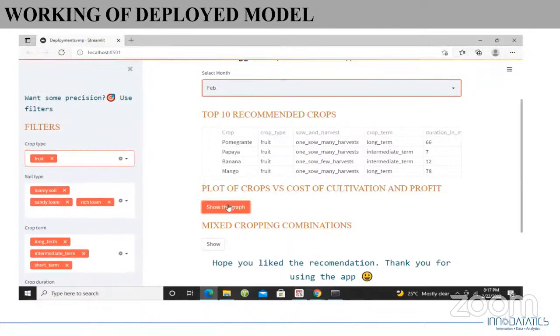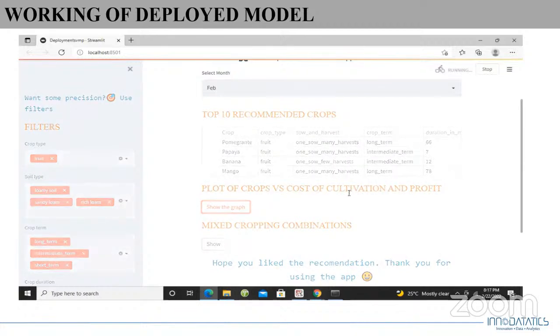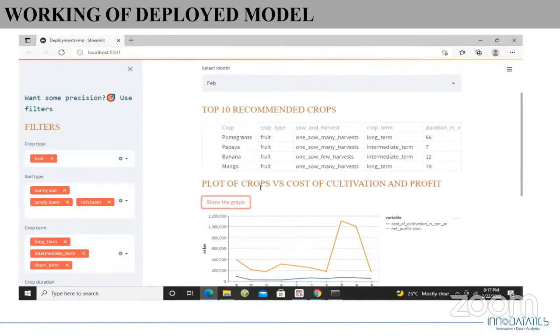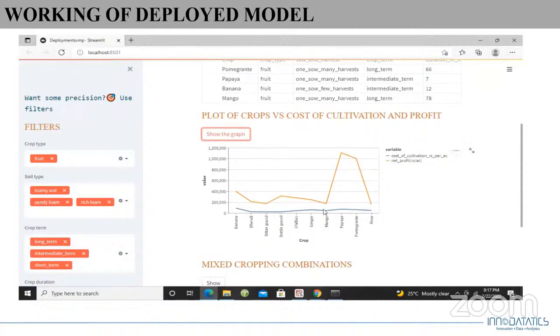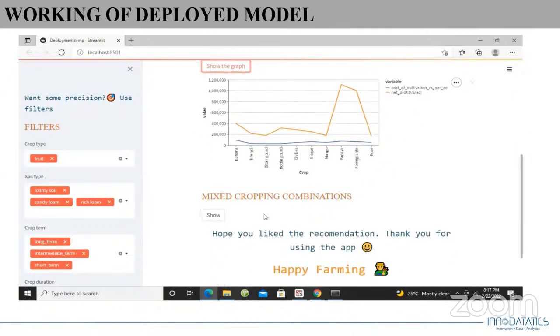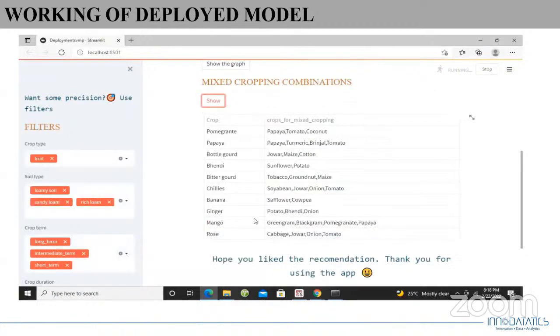We have also put up a graph which compares cost of cultivation and profit with the crops grown in the selected month. This is the plot, and here orange color represents net profit and blue color represents cost of cultivation.